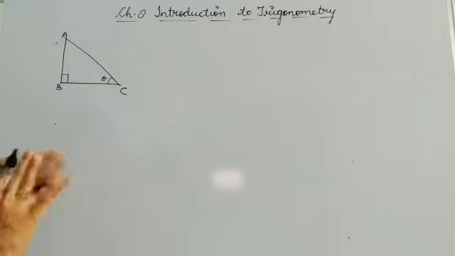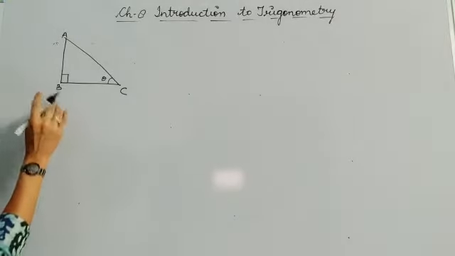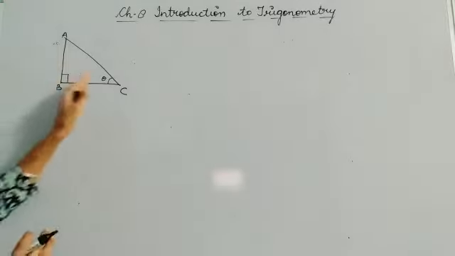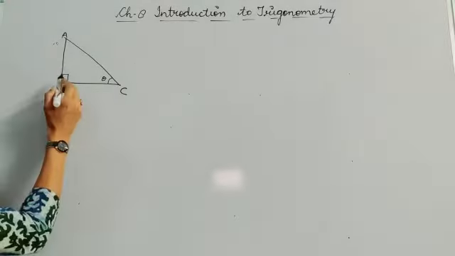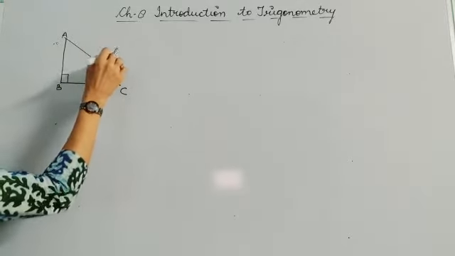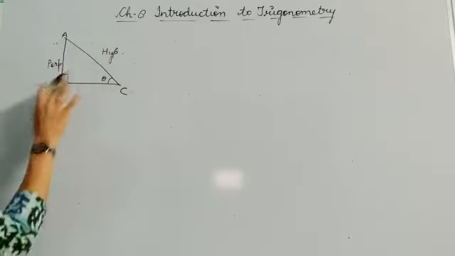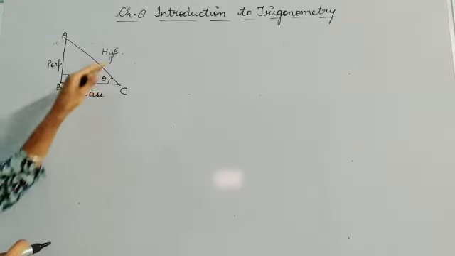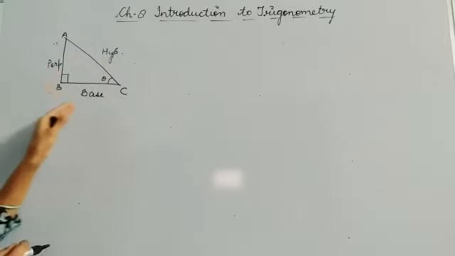But then what trigonometric ratio can I call it? If I have perpendicular upon hypotenuse, how can I say which side is my perpendicular, which side is my base, and which side is my hypotenuse? You know that opposite to 90 degree is always the hypotenuse. Opposite to this theta is always your perpendicular, and the leftover side is your base. This is the way we put the hypotenuse, perpendicular and base. We fix the position of these three.